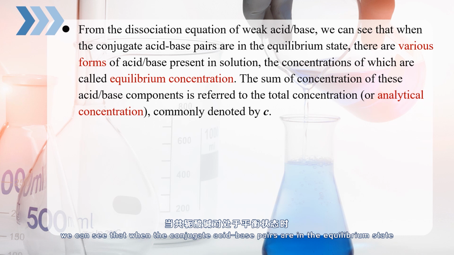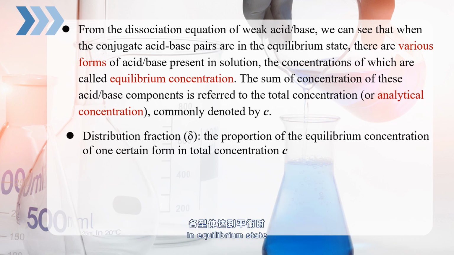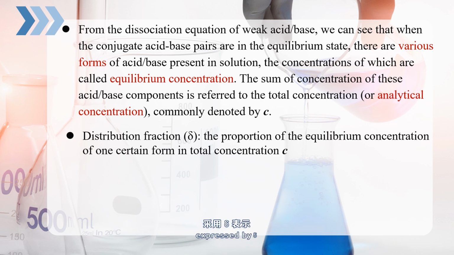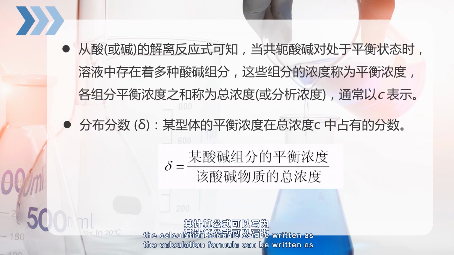are in the equilibrium state, there are various forms of acid or base present in solution, the concentrations of which are called equilibrium concentration. The sum of concentrations of these acid or base components is referred to as a total concentration, commonly expressed with C. In equilibrium state, the proportion of the equilibrium concentration of one certain form in total concentration is called the distribution fraction, expressed by delta. According to the definition, the calculation formula can be written as: